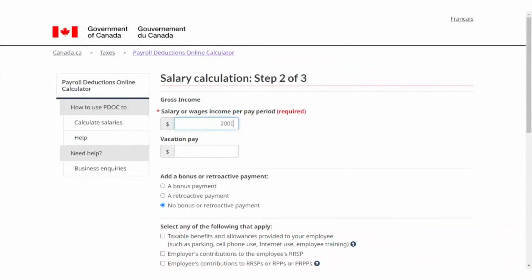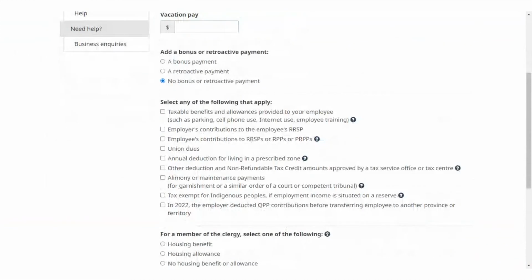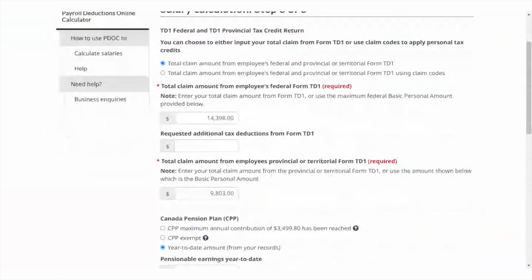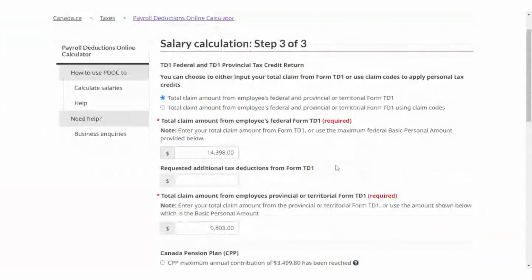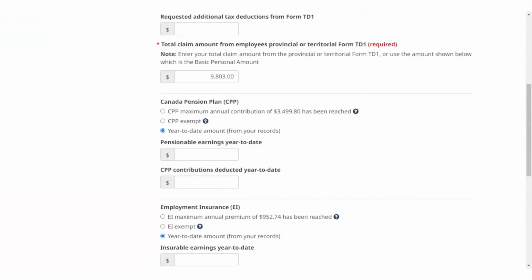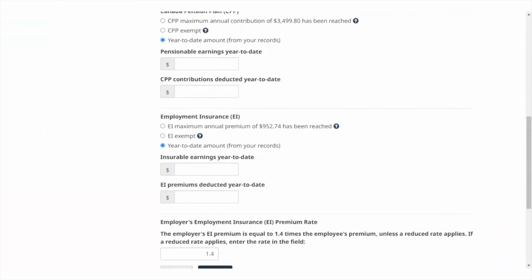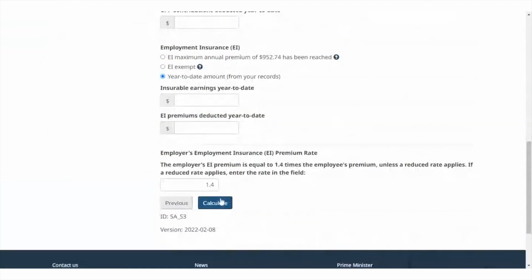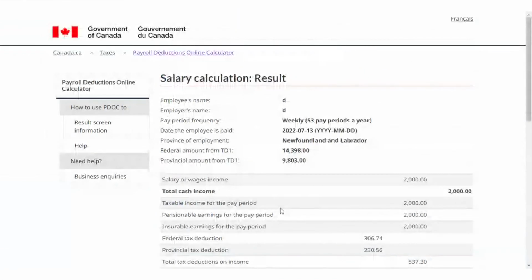So the salary, let's assume that the salary is $2,000 per week. That's required. There's no vacation pay. I'm going to go next. So effectively, what it tells me here is that the total claim amount is $14,398. So that's for the purposes of the T4. And if I go calculate,